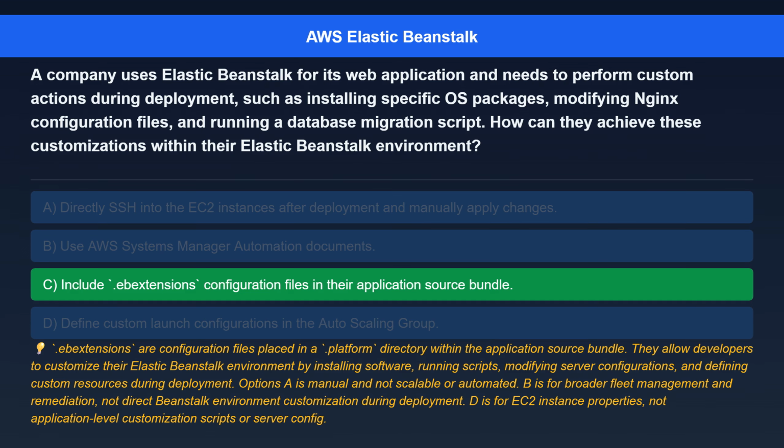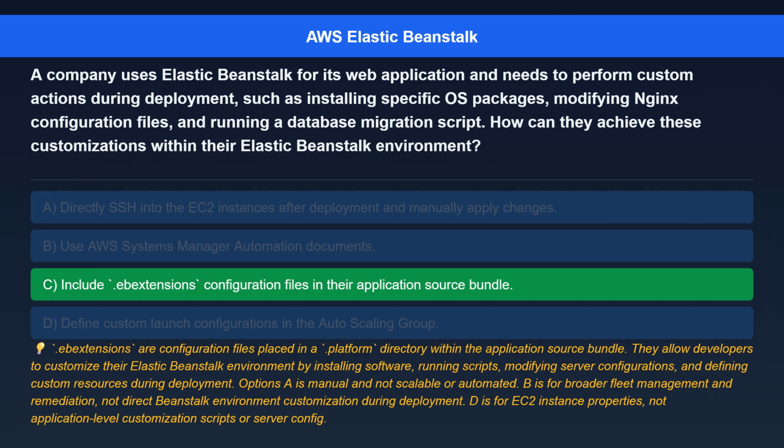The correct answer is include "EB extensions" configuration files in their application source bundle. Here's the explanation. "EB extensions" are configuration files placed in a ".platform" directory within the application source bundle. They allow developers to customize their Elastic Beanstalk environment by installing software, running scripts, modifying server configurations, and defining custom